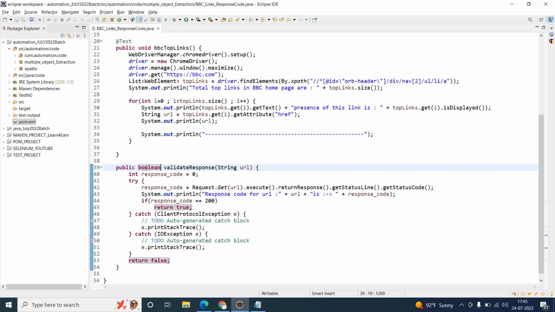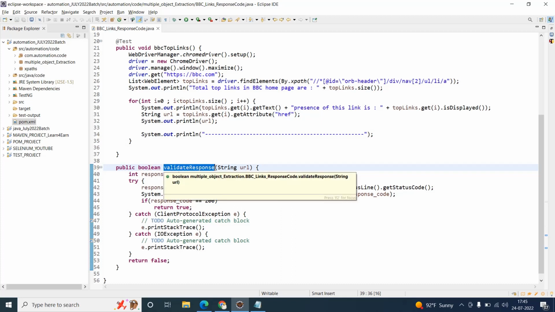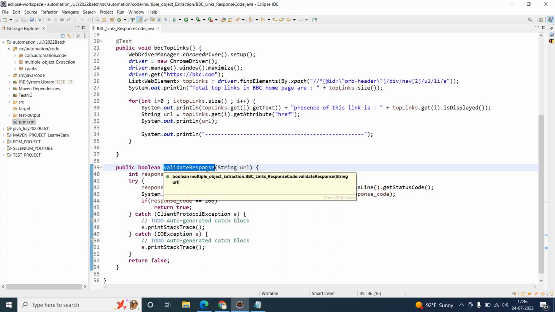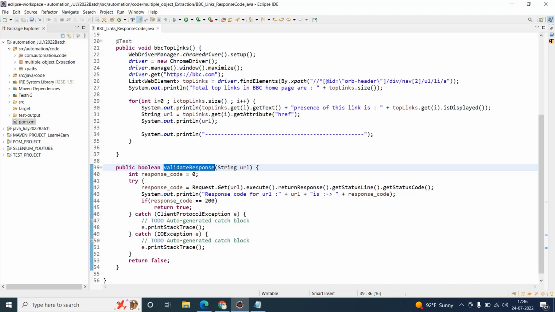Now, what is the next thing that I need to do, guys? The next thing is very simple. I need to call this particular utility method which I have created. And what do I need to call this for? I need to call this in the top links method. And why do I need to call this there? I need to call this validate response method in this particular BBC top links method